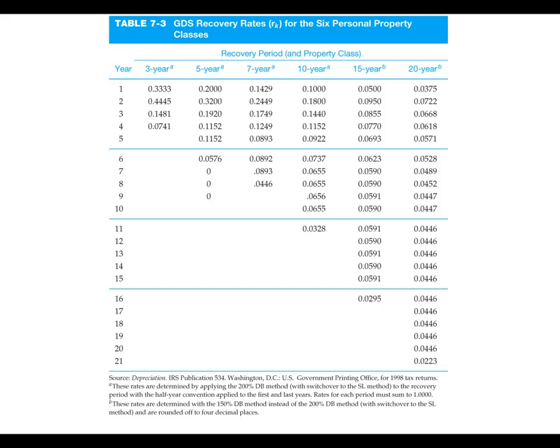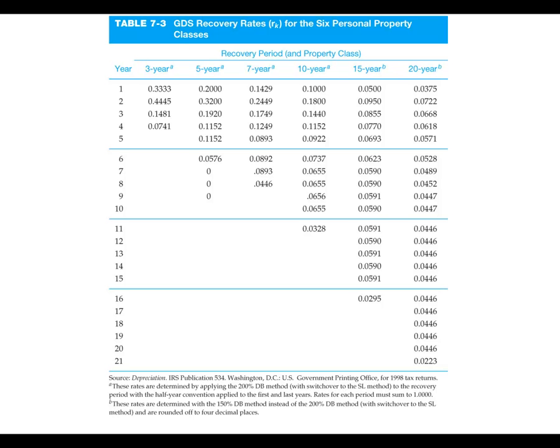Now, the weird thing I was mentioning, where they only give you half of the depreciation in the first year, you'll notice that, for example, here in the 5-year column, in the first year they're only giving you 20% of the item's depreciation, and then in the second year you actually get to depreciate even more than that. And it's not because they think that it's actually wearing out more in the second year than it was in the first, but it's just going back to their uncertainty of when you actually bought the item.